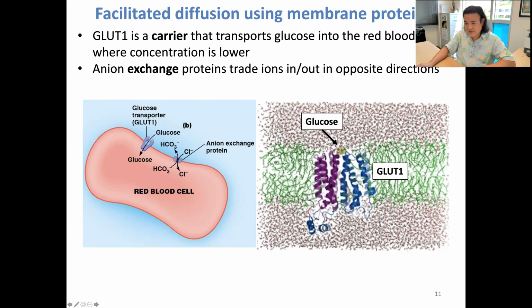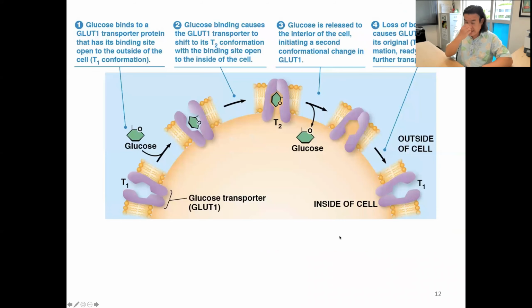Here is the structure of the GLUT1. You can see here, this is the crisscrossing polypeptide chain that makes up the GLUT1. These green things are the phospholipid bilayer. And then you have the water on the outside and the water on the inside. I like this figure because they actually bother to show you all the little water molecules. And so the glucose will bind to the GLUT1 transporter, the carrier, and it'll be moved across. Let's look at how this happens. This all has to do with the shape of the GLUT1 protein changing depending on how glucose is